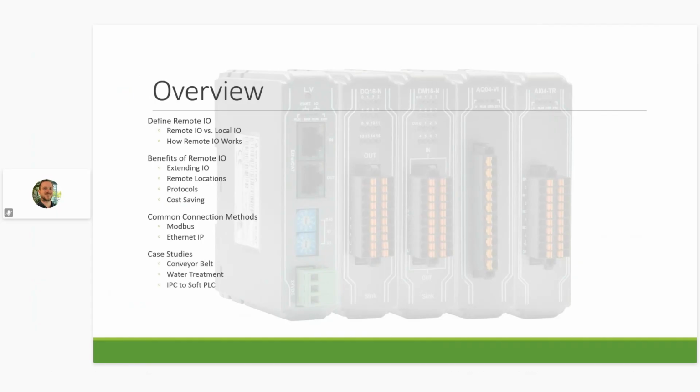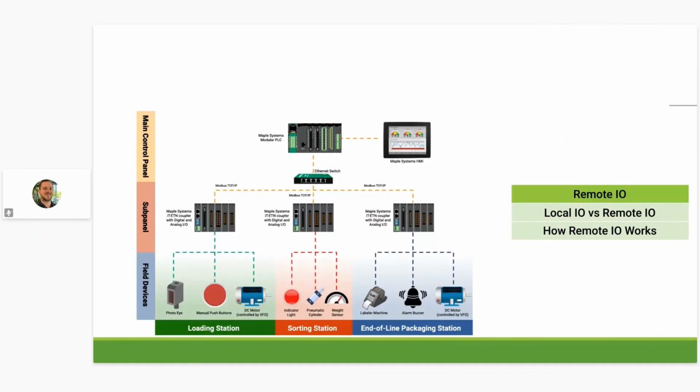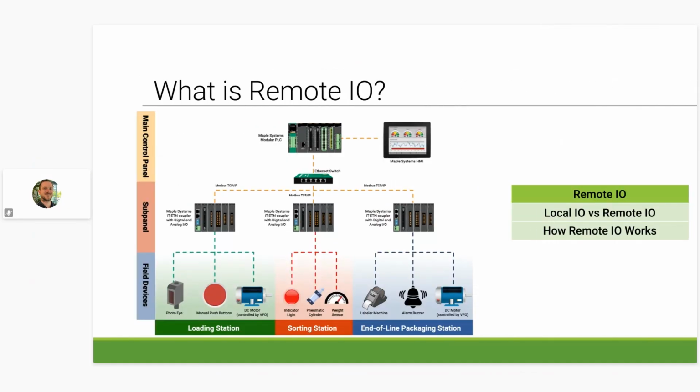Then we will go over a few case studies to illustrate some examples of how remote I/O can be used in real-world applications such as conveyor belts, water treatment plants, as well as soft PLC functionality in operation with an industrial PC. Finally, we will review all the hardware for our remote I/O product line, including the couplers and expansion modules. Remote I/O has many uses within the industrial automation field, but before we dive too much further into that,